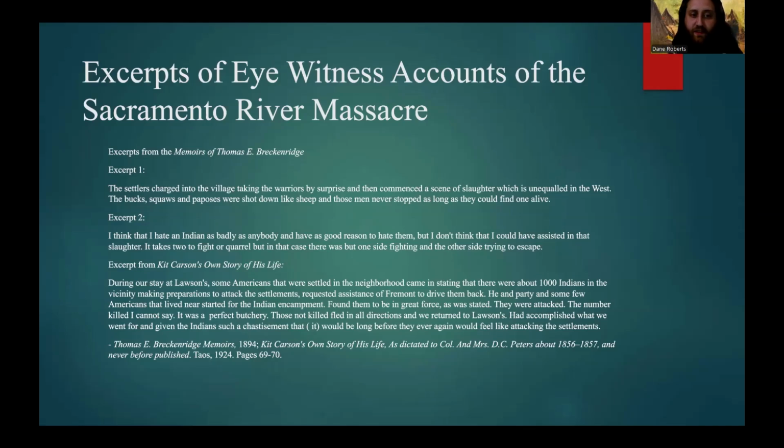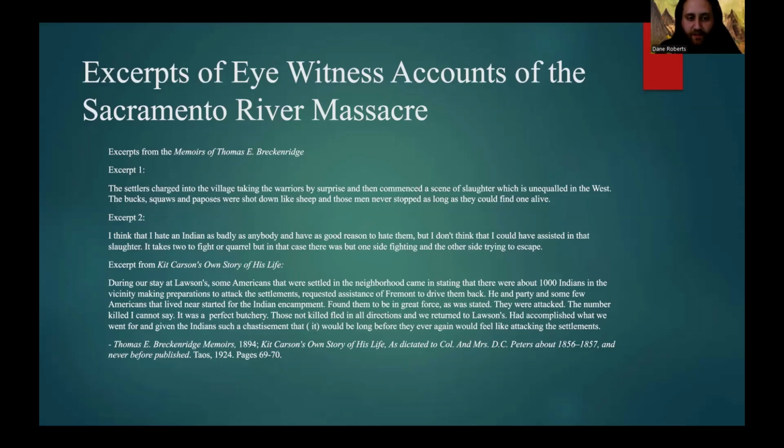And then the second firsthand account comes from an excerpt of Kit Carson's own life, from Kit Carson's memoir. Kit Carson being a frontiersman, a very famous frontiersman from the time period. In this excerpt from his memoir titled Kit Carson's Own Story of His Life, it reads, and I quote, "During